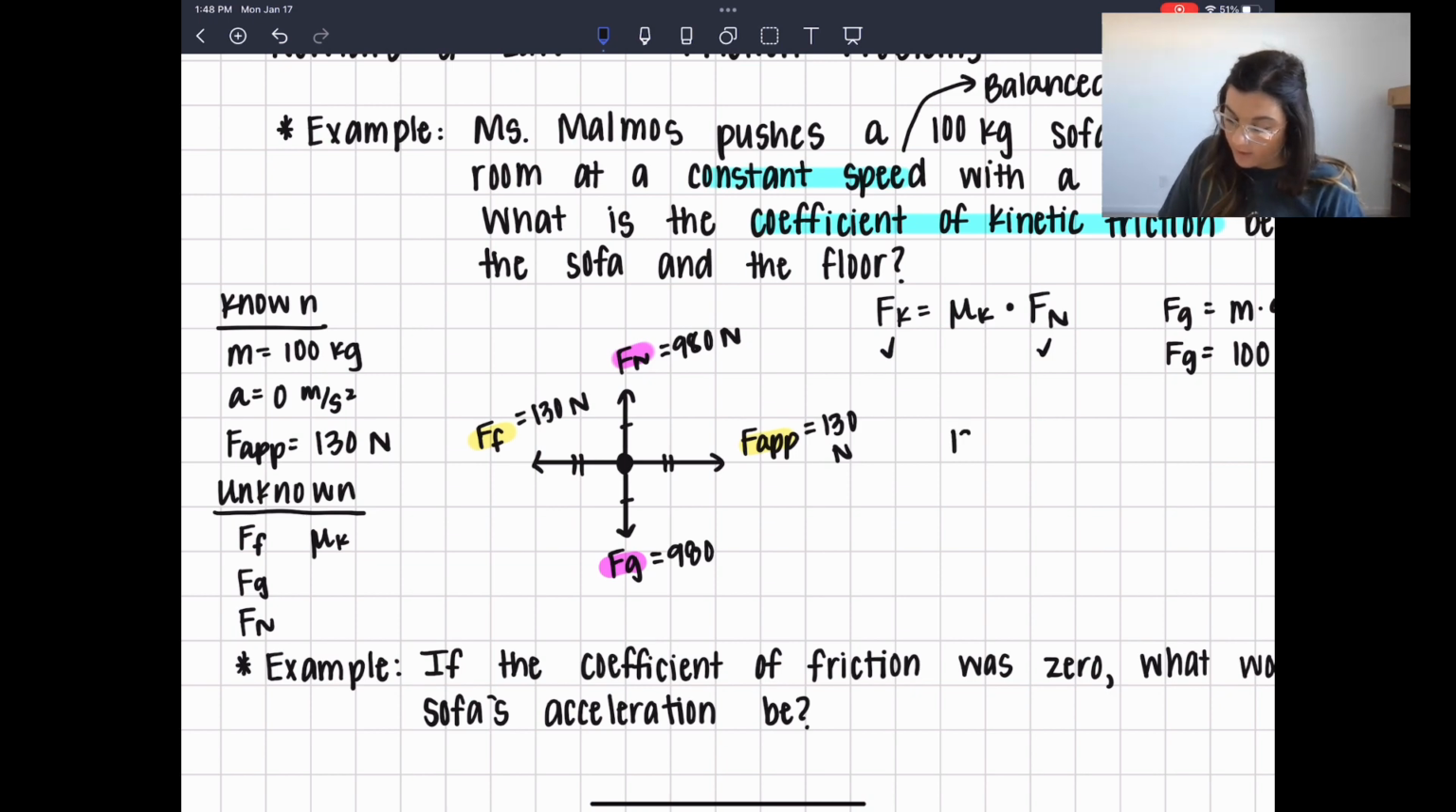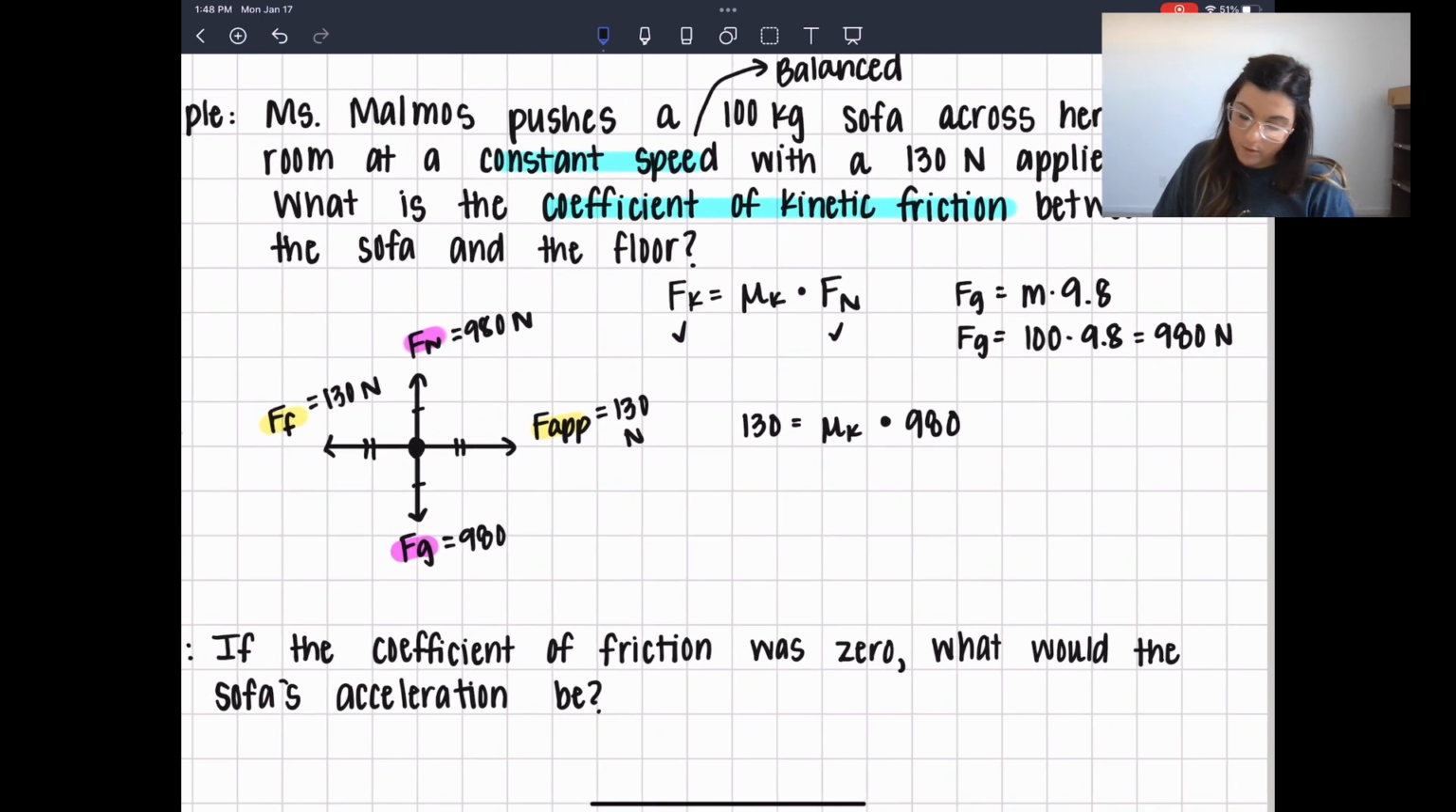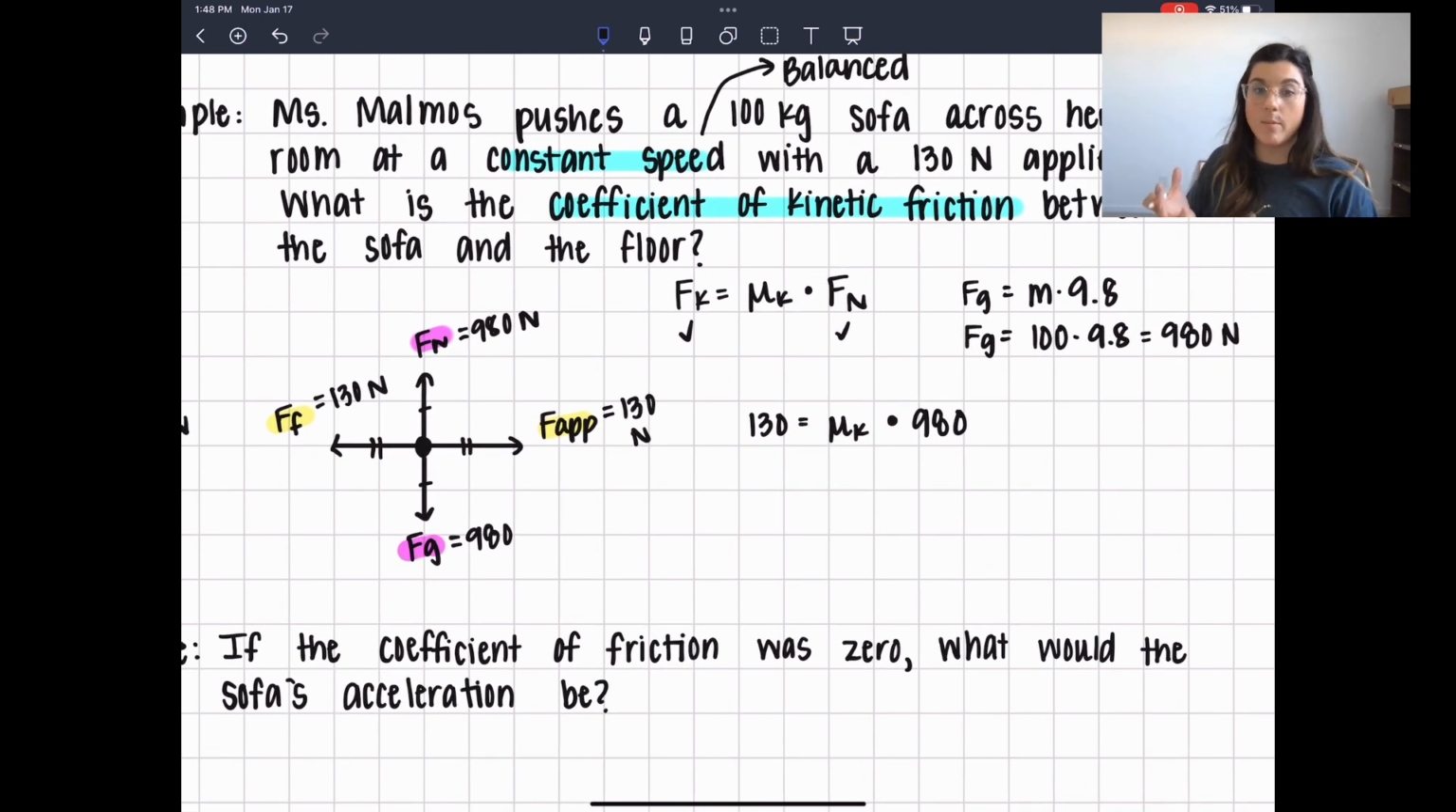So I'm going to plug in 130 for my force of friction. My mu, or my coefficient, is what I'm going to isolate and solve for, and my normal force is 980. So if I want to solve for a variable in an equation, I need to get it all by itself on one side of the equal sign, which means I need to undo what's being done to it. So I can see that my coefficient is being multiplied by 980, so I undo multiplication by dividing by 980,